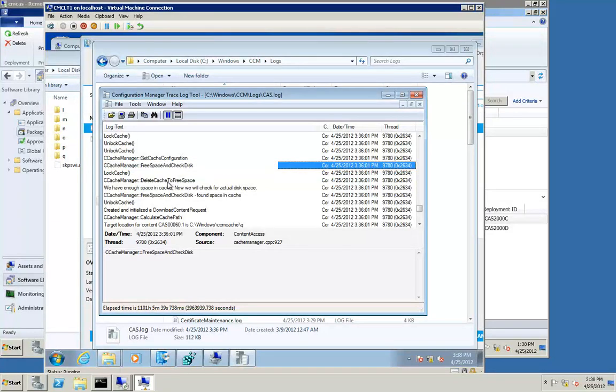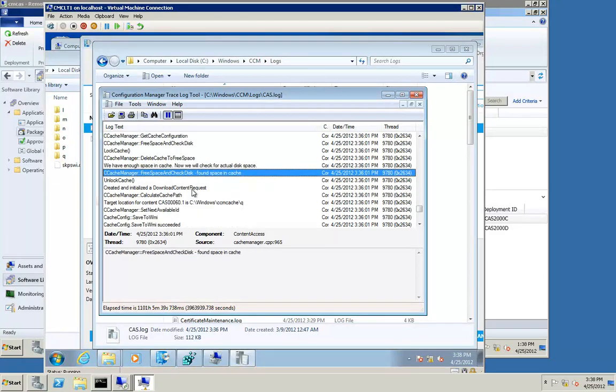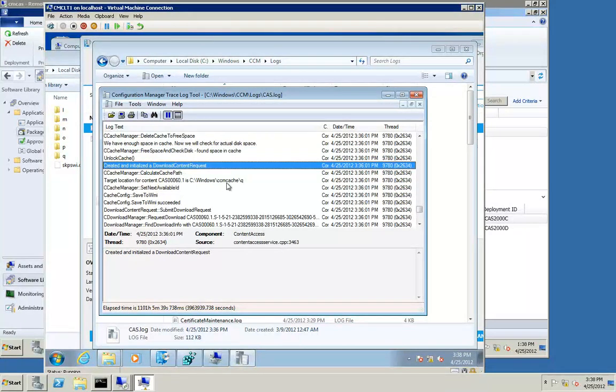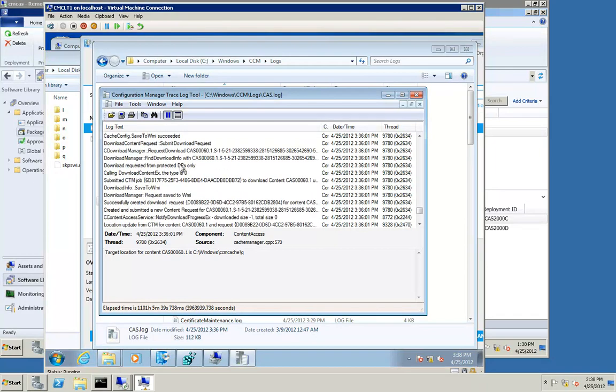See if we have to delete anything to free up space. We don't, so we have plenty of space. So we're good to go. Now we're going to go ahead and download the content, and we're going to put it in the cache folder in the letter Q directory. Okay, save completed. So now we're going to start looking for DPs, and ultimately we're going to create a